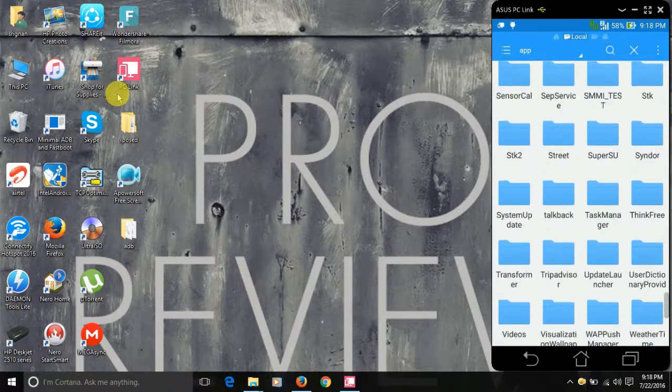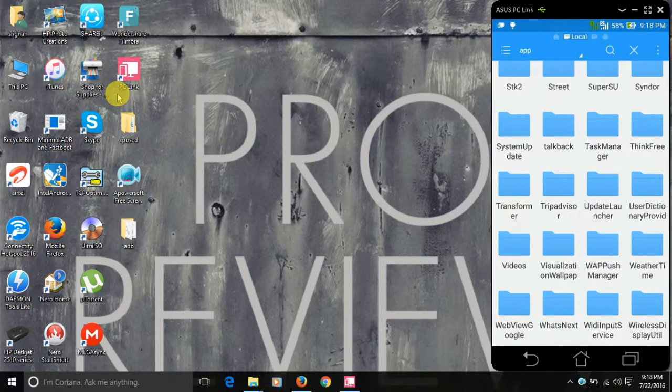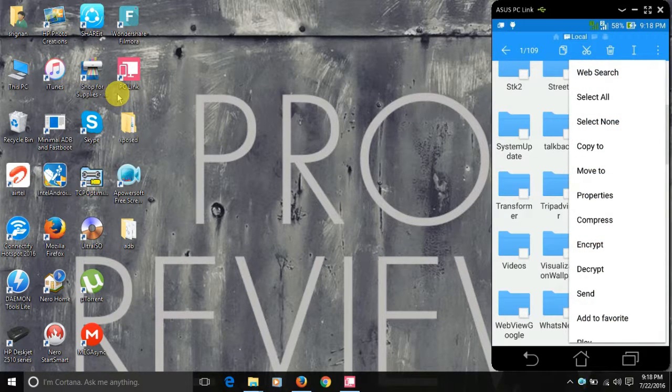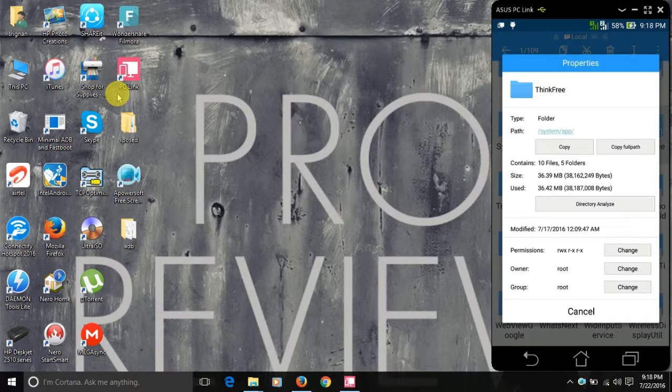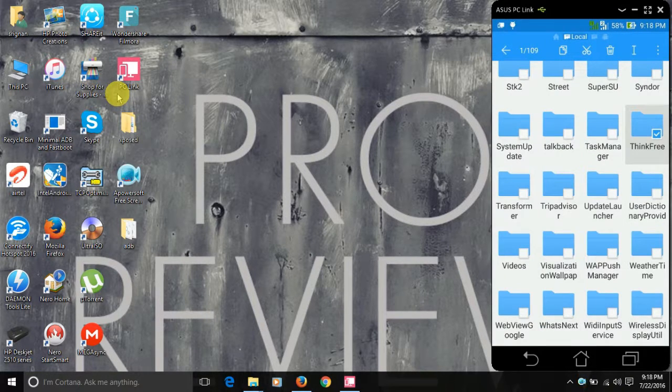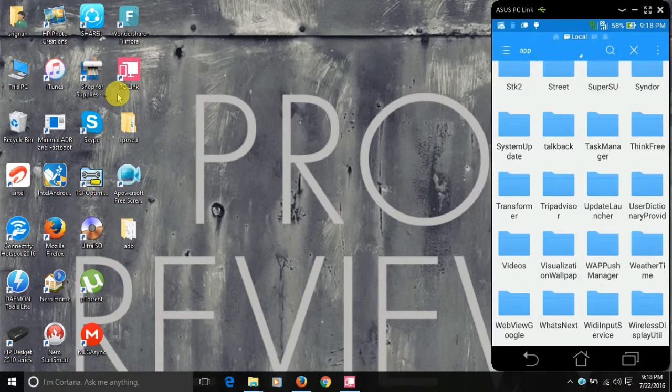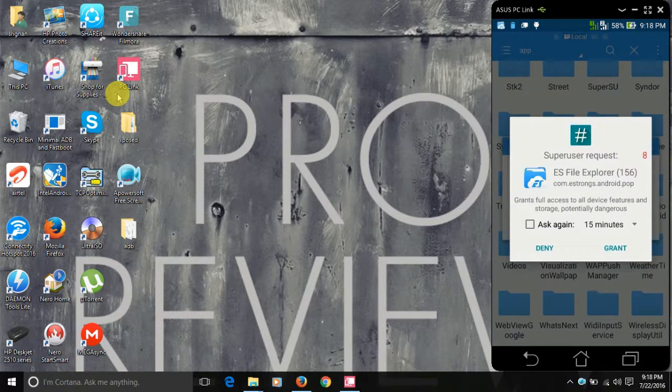Now scroll down again. Here we'll find the ThinkFree app. Let's go to the properties and check the size of the ThinkFree app. It says 36.39 MB. So now we're gonna delete this folder. Click on the delete button and press OK and click on grant.